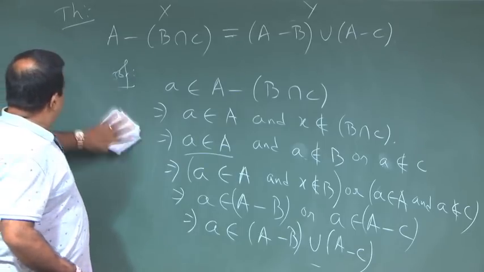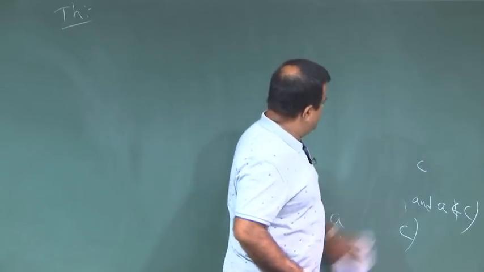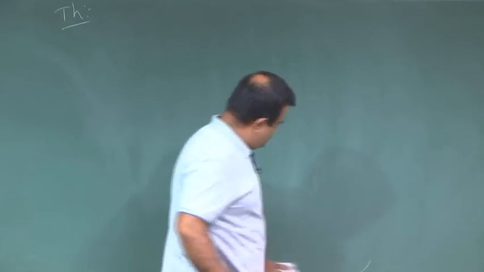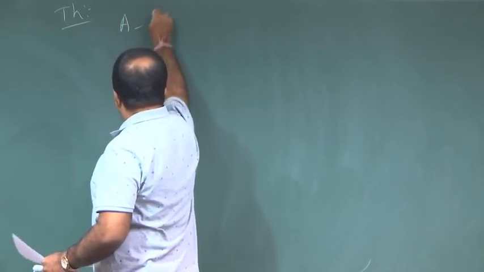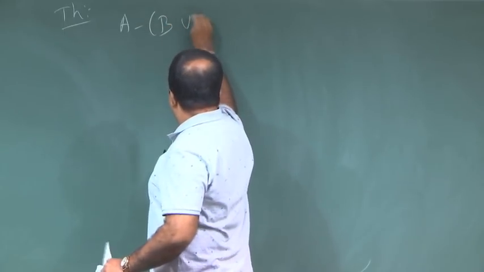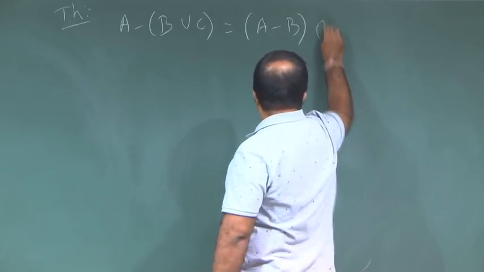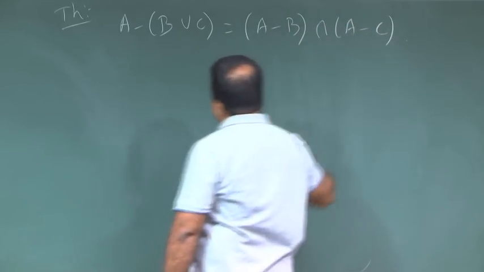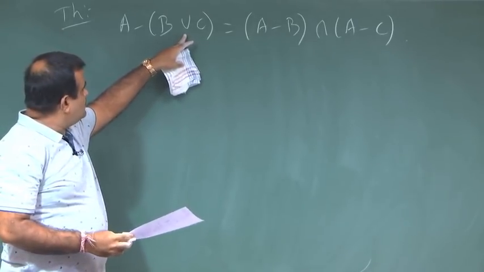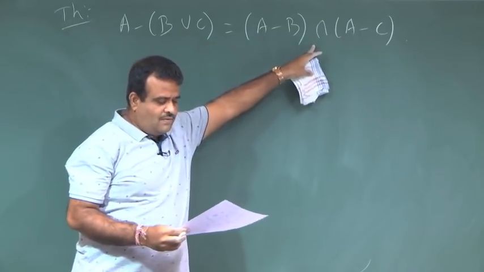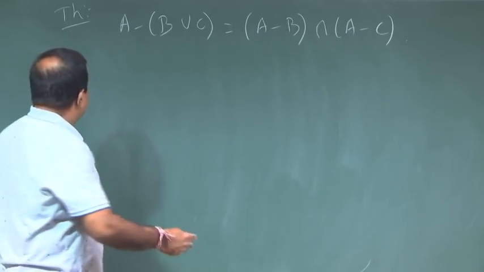Okay. Now, the second property for this is A minus B intersection C is basically A minus B intersection of A minus C. So, earlier one here we had union and intersection, here we have union, and here we have intersection. So, how to prove this? Again by a similar way,